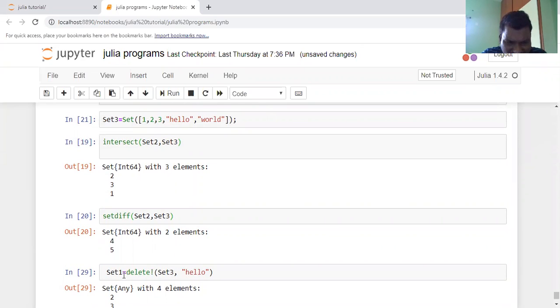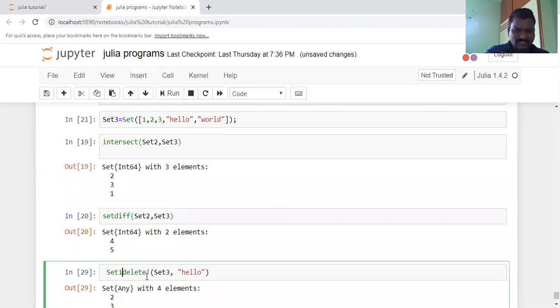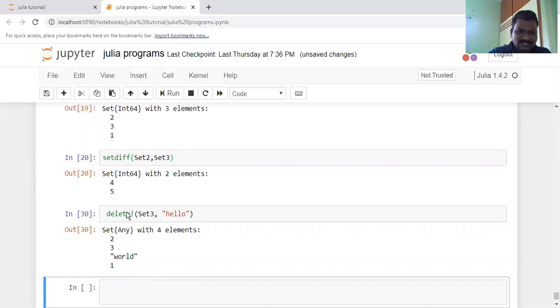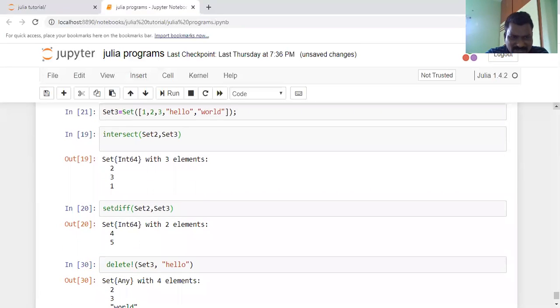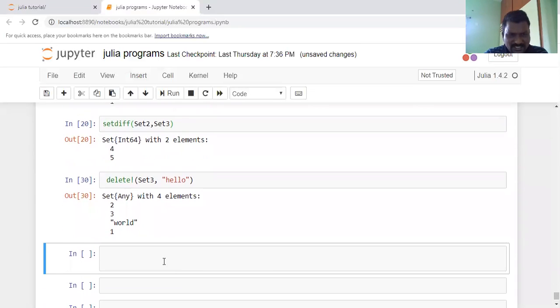Here, set 1. That means I am taking set 1. Otherwise, delete set 1. You may write set 1 here, and it executes. In this case the elements in set 3 consisted of 1, 2, 3, hello world. But now the elements in set 3 are 1, 2, 3.